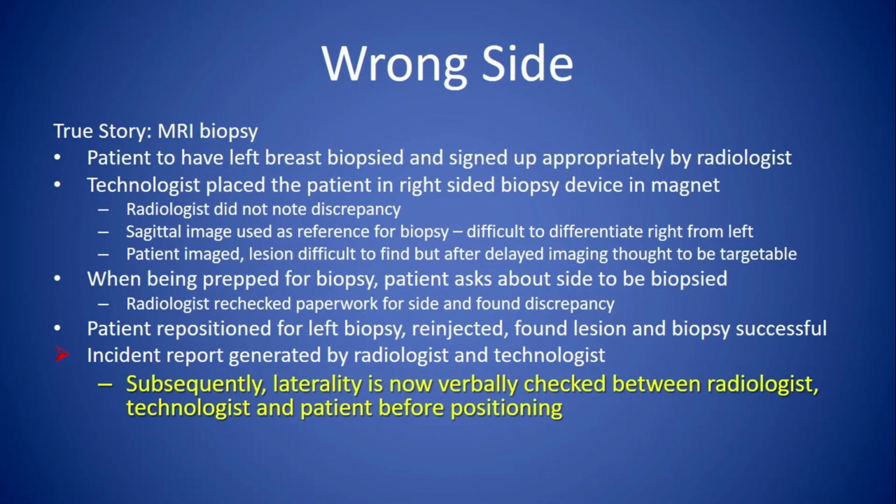Okay, this is one that I'm really not proud of, but I want to tell you about it because it can happen. So I was doing an MRI guided biopsy, and I talked to the patient beforehand, signed her up, and then walked into the control room while the techs put her on the table. And then I walked back in, and I usually put a fiducial in a spot where I think is appropriate before I do the biopsy. Stuck the fiducial on, the techs had already put her in compression, walked out, we gave her the GAD and imaged her, and I couldn't